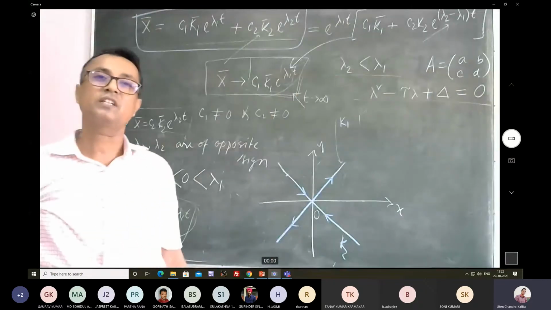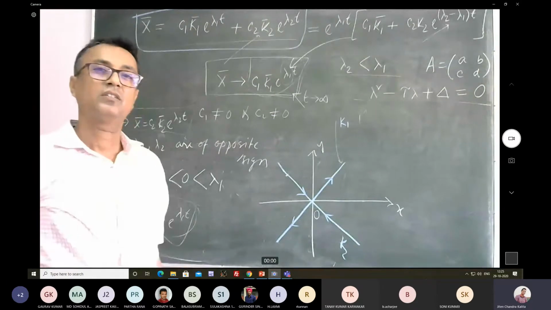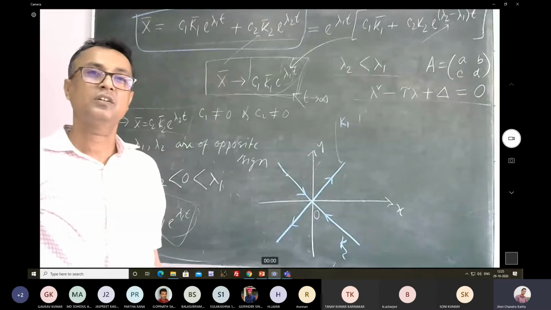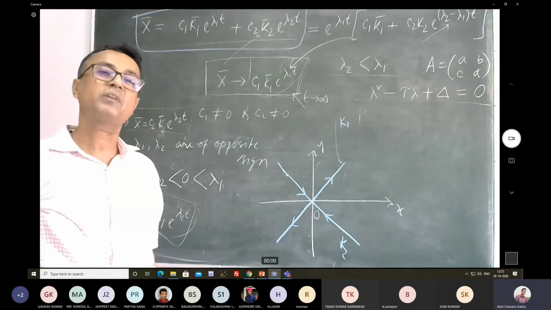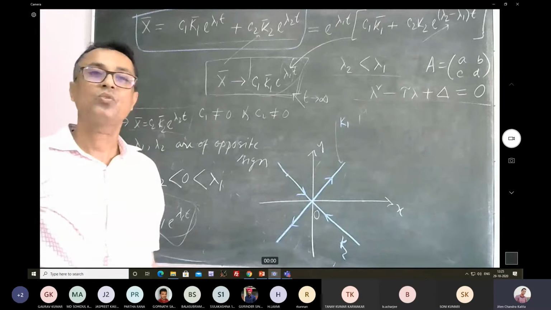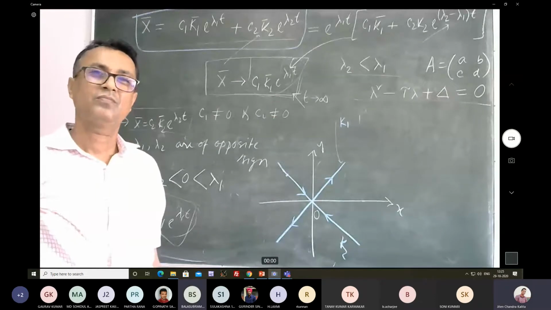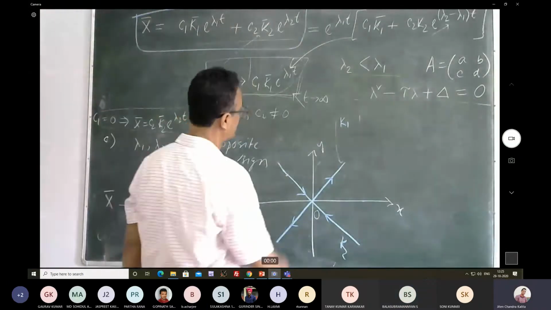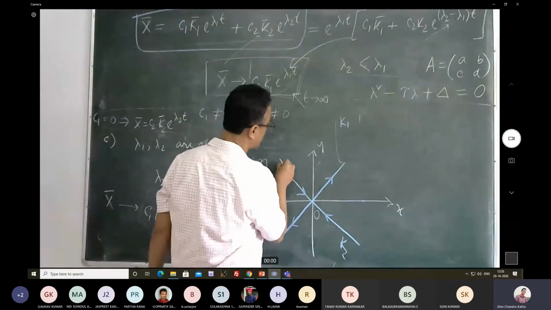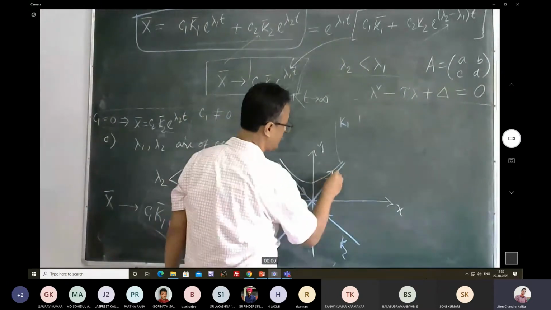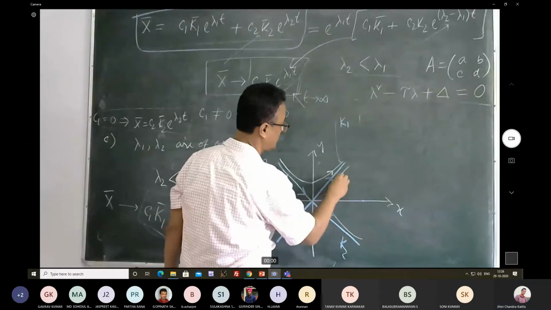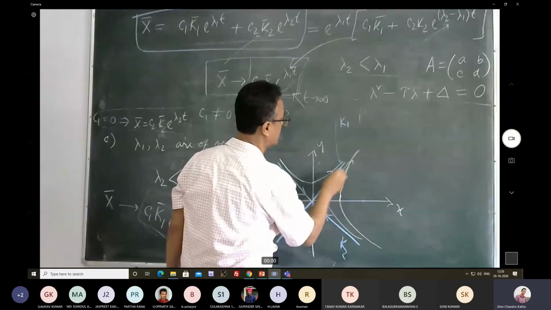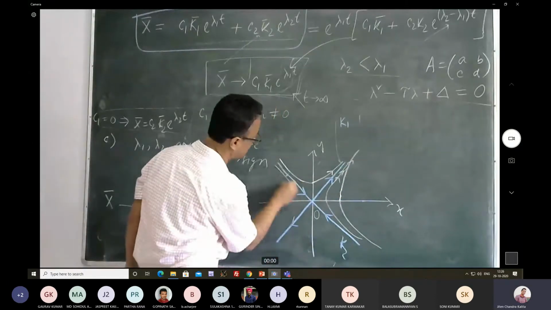When t tends to infinity, all the trajectories are going to be leaning towards the vector determined by k1. Is it okay? Fine. So that is why all the other trajectories are going to look like this. They are going to look like this. Okay. So similarly,